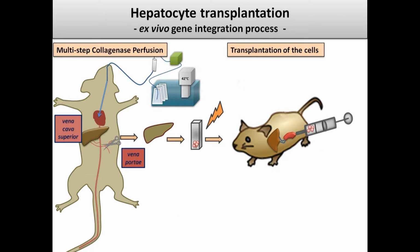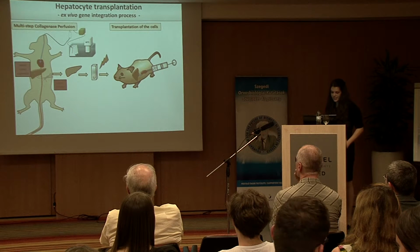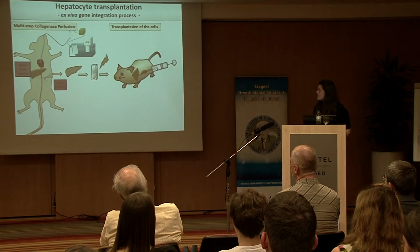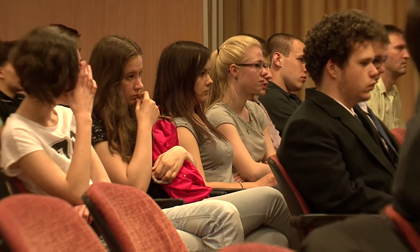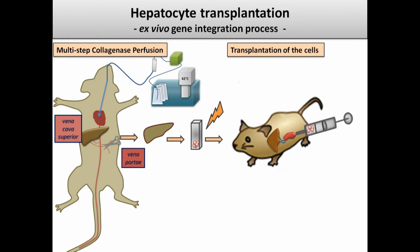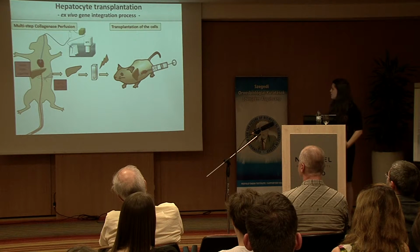Through our experiments, we use multi-step collagenase perfusion, where we use the animal's own cardiovascular system in order to isolate the hepatocytes from the intact liver of the animal. After the perfusion, we use Percoll gradient centrifugation, where we can isolate just the hepatocyte fraction, and after that we make the genetic correction on the hepatocytes. After that, we inject these corrected cells into the spleen of the animal, and from the spleen through the lienal vein and then through the portal vein, the cells migrate to the liver, where they can